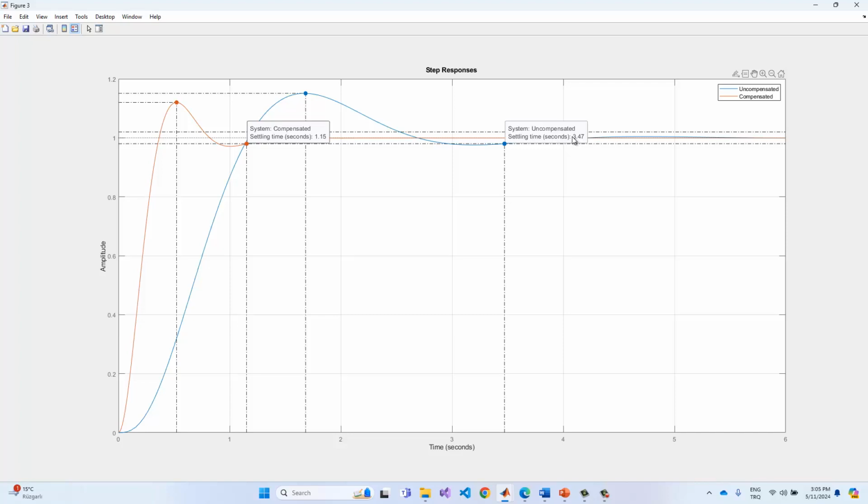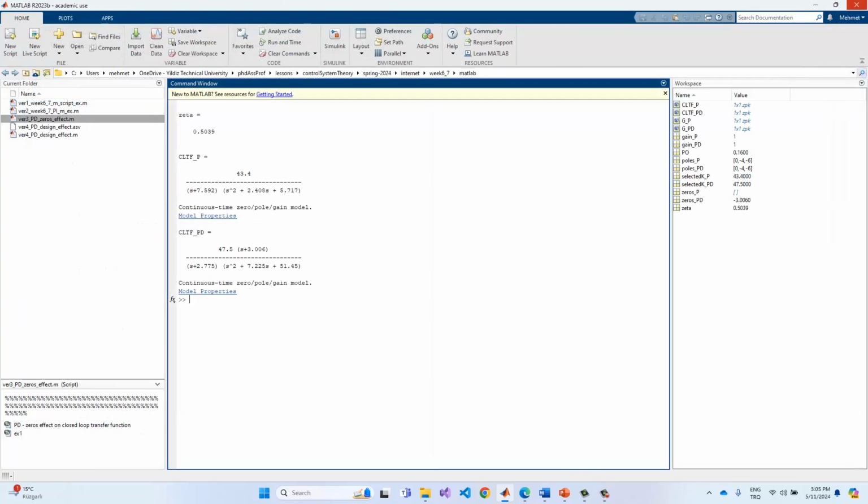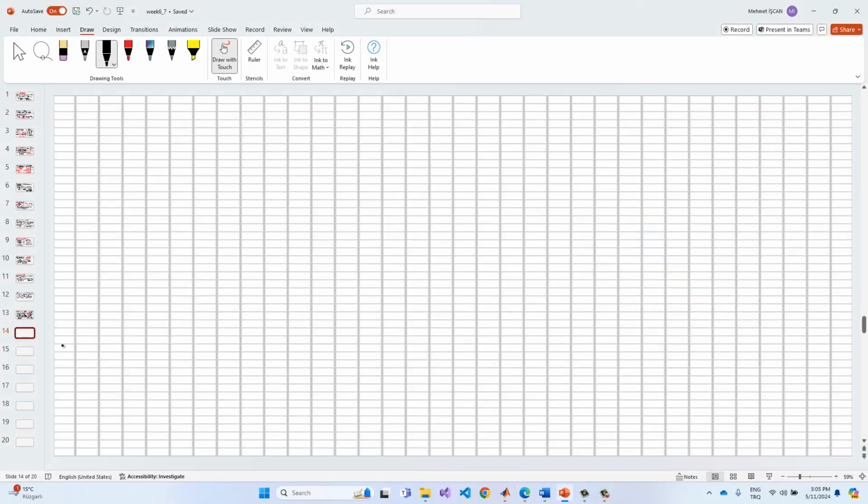And so we have the results of the PD design in here. It's accomplished based on this information, okay? And so this is the MATLAB example in here, but we need to return to the notes in here. In summary, in the PD design,